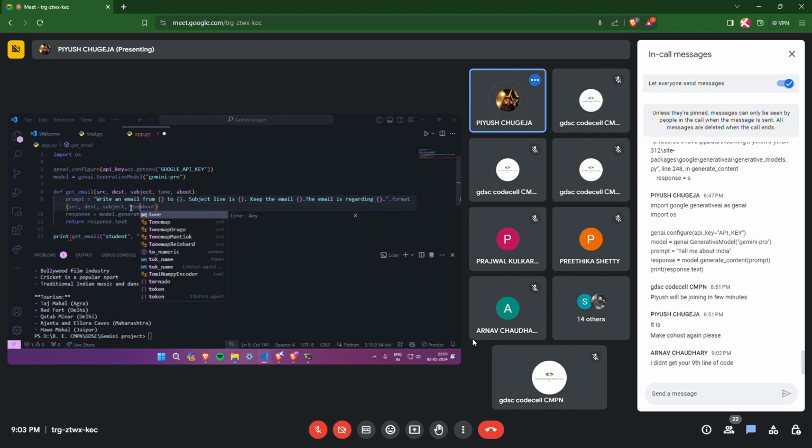Okay. What it will do is, अगर हमने let's say हमने बोला student principal, subject will be leave for 3 days. Tone should be formal.